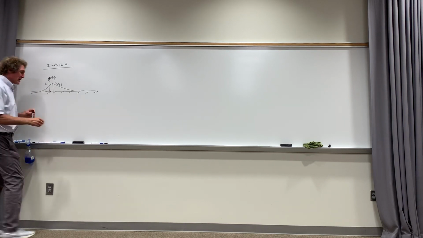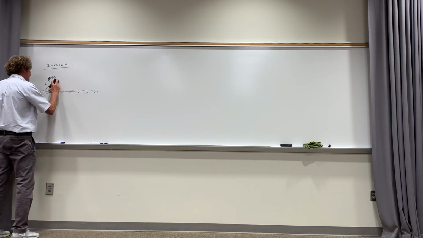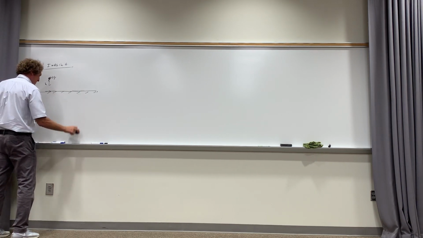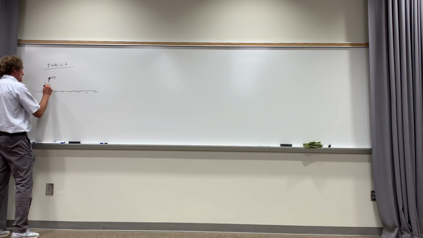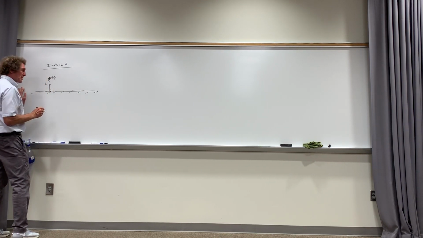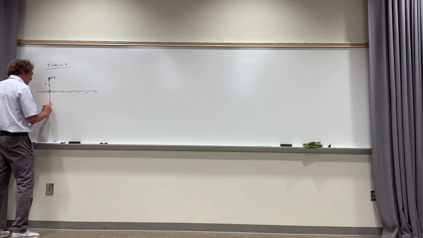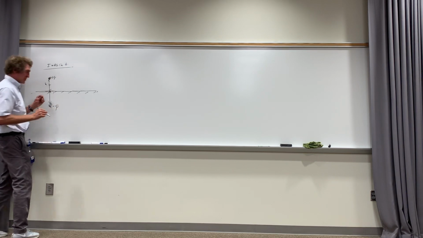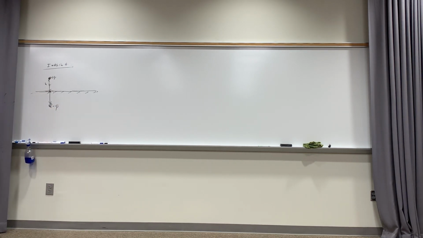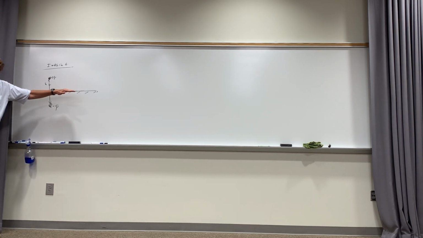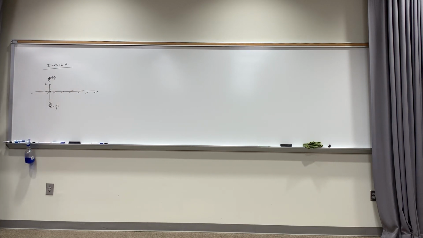But what really is a way we can model this effect is with imaging. And what we can say is, if we have plus q at this point, if we come down below the ground plane, we can put an image, or minus q, here. And then we can neglect the effects of the ground plane altogether, the charge density, and we're going to say this negative charge models the effect of all that accumulated negative charge density.